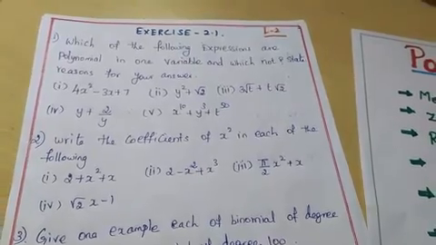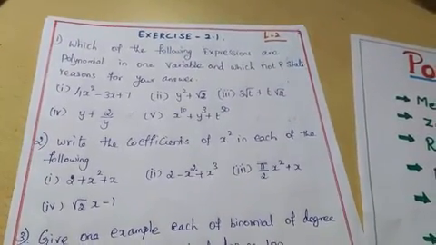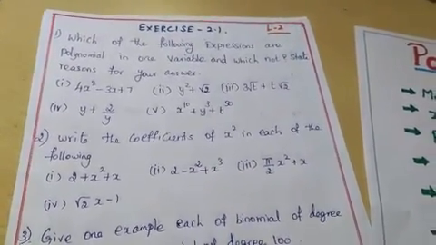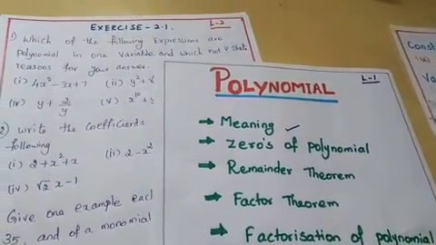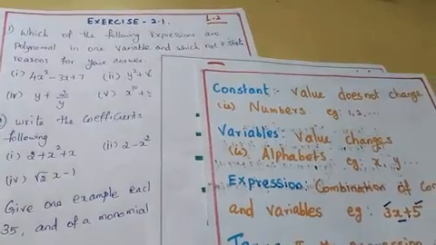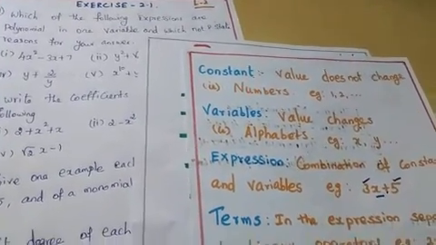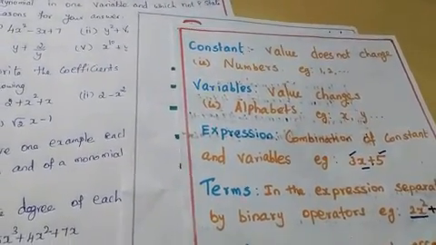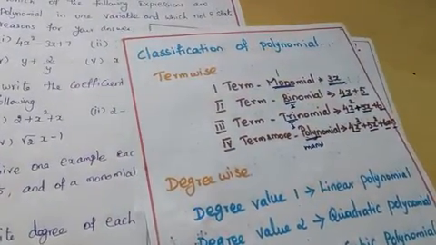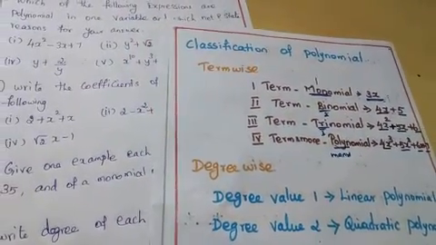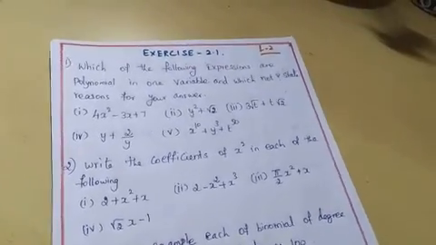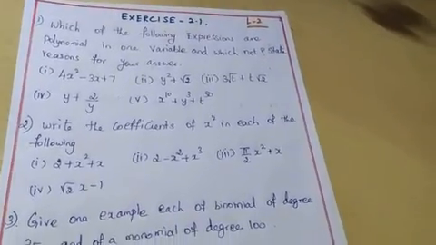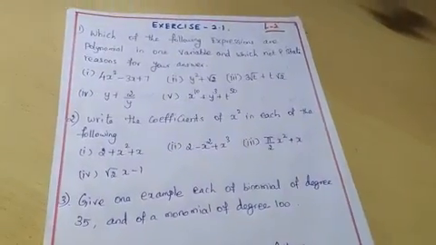Today I am going to solve the exercise 2.1 of class 9 maths. In my first lecture I explained the meaning of the polynomial and the basic terms we are using in this chapter, and then I classified the polynomial term wise and degree wise. Now we are going to solve the exercise 2.1 based on that, and at that point I missed out